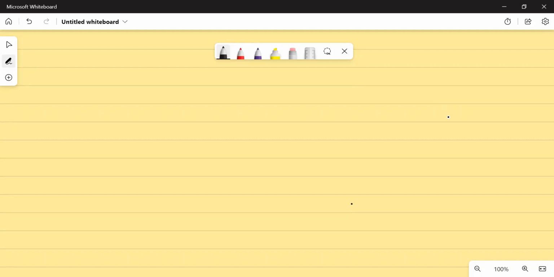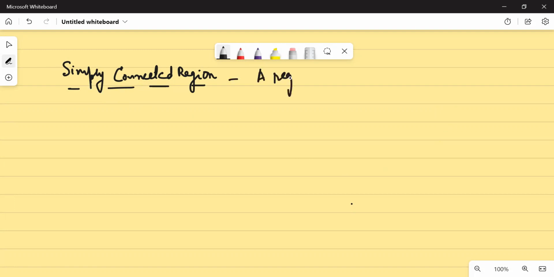Now today, let us start with something called a simply connected region and a multiply connected region. You would be wondering why I am doing this. As I go further, I will need these terms quite often. So what are simply connected regions? A region R is called a simply connected region